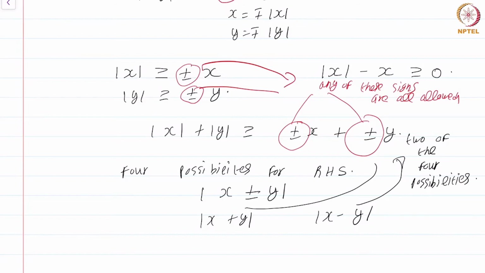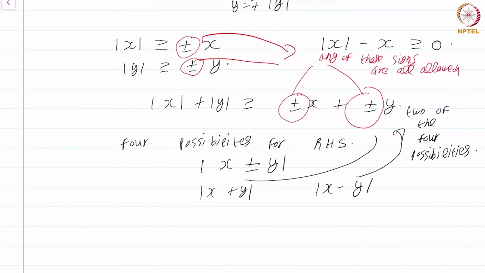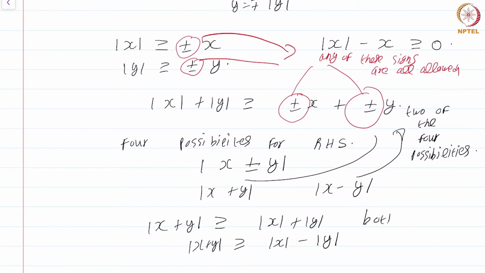So check that 2 of the 4 possibilities here are indeed going to be the modulus of x plus y and the modulus of x minus y. That means we immediately get both. We immediately get that mod x plus mod y is greater than or equal to mod x plus y, and mod x plus mod y is greater than or equal to mod x minus y. We get both. Okay. So that completes the proof of